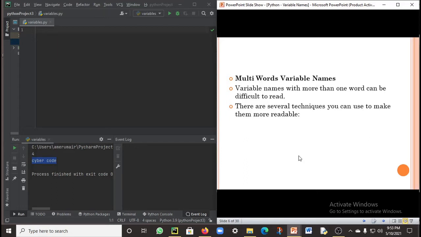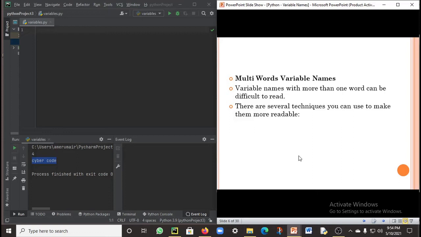Like you have seen in the previous examples, myvar, let us consider that as one word. That is very easy to read. But if you create myvar_is_my_first_variable and so on, if you make the variable name bigger, then it can be difficult to read and rectify later.